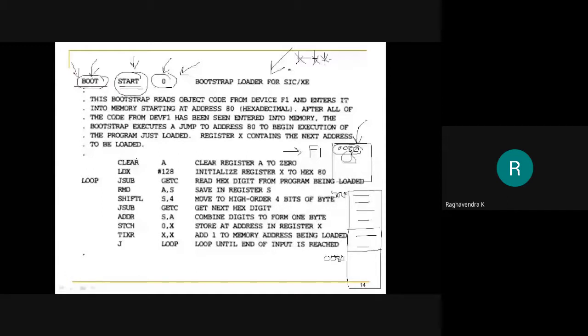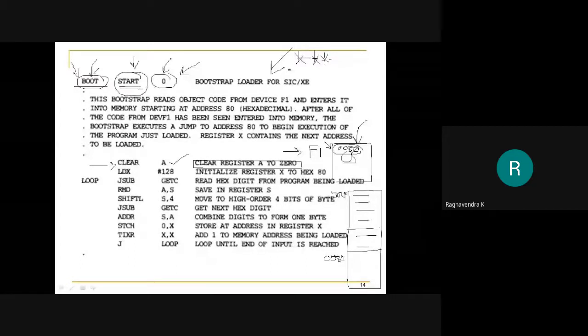Okay, how does it load the operating system program, or the operating system code, from the device F1 into the memory location 0080? This is what we are supposed to look into. Let us start with the first instruction, which clearly says clear A. Obviously, the command says that we are supposed to clear the register content A. We don't want anything else to be present in A. We need to get it cleared.